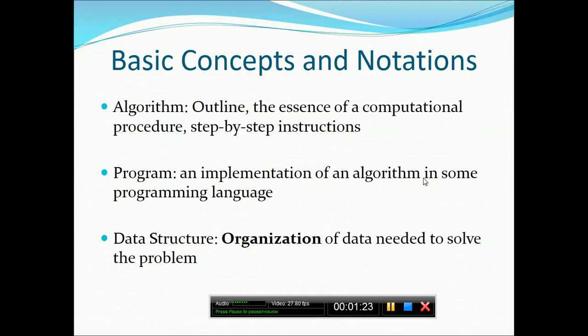Now, what is a program? A program is an implementation of an algorithm in some programming language. One thing you should be very clear about: an algorithm is a step-by-step instruction, but that doesn't mean it is able to execute on a hardware or a machine. I'm repeating again, an algorithm is a step-by-step instruction, but it cannot execute on hardware. Coming to a program, it is an implementation of an algorithm that is done in some programming language. Whenever you implement in a programming language, it clearly means you can execute it on a hardware itself or